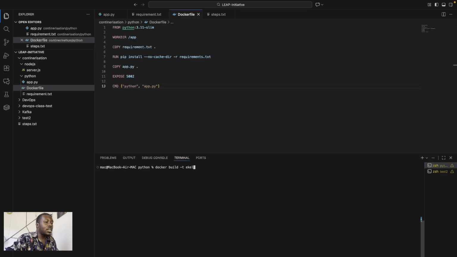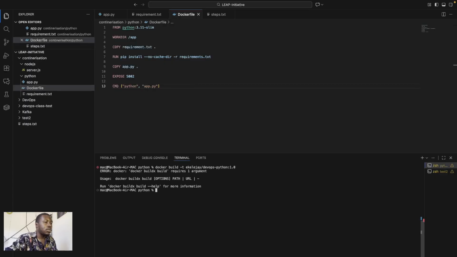We are going to tag it Ekele-J because that's my Docker Hub username, and then we call it devops-python, and we can say version 1.0.